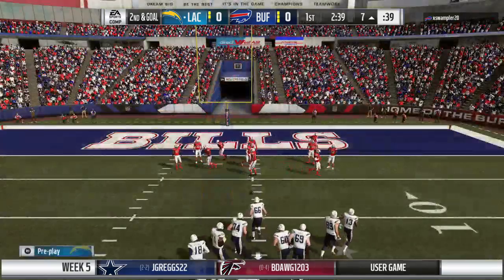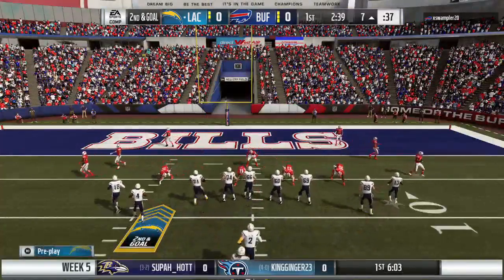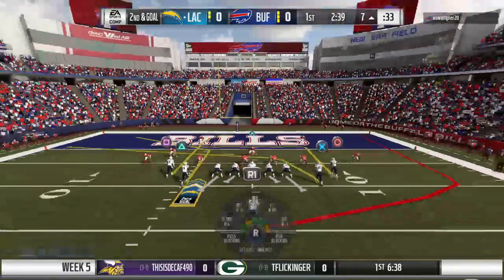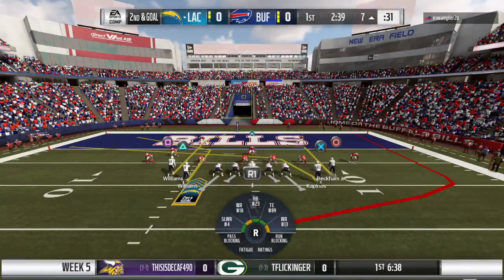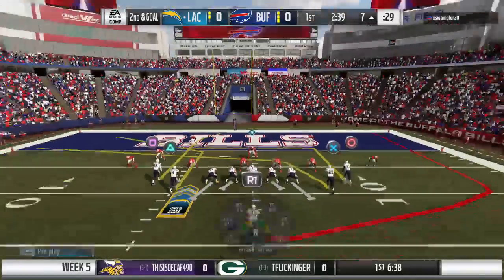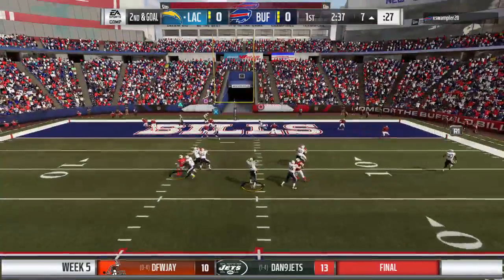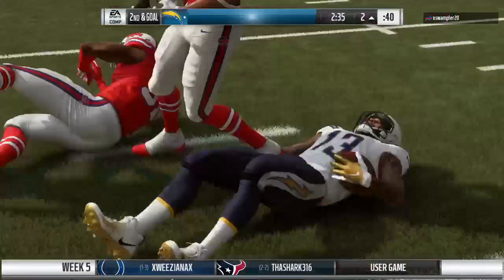They'll try again here from the 7 on 2nd and goal. Now let's go. Green 39. Green 39. Allen going to throw. And he takes it in for a